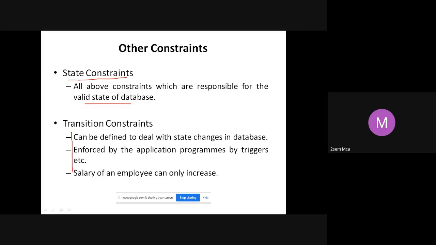Transition constraints can be defined to deal with state changes enforced by the application programs by triggers. Now, what is a trigger? How can you create a change in the state? All this we'll see as we go further. Right now I don't want to tell you what is a trigger. We have a chapter on triggers, and we also have a lab exercise on triggers.